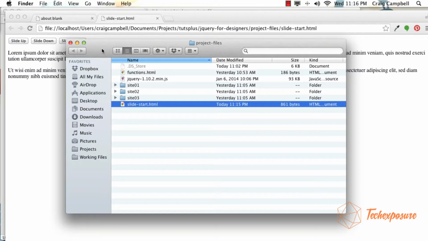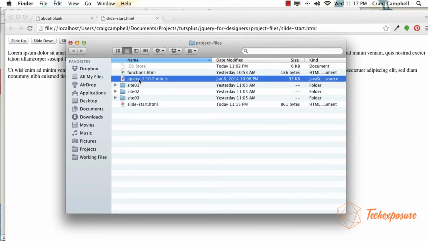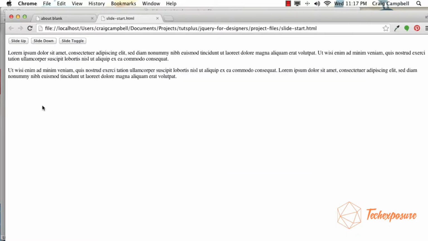and disappear. Before we get into building this drop-down menu, I want to illustrate how these slideDown and slideUp functions work. We're going to illustrate this using this slidestart.html file, which you should be able to find in your project files folder that comes with this course. Now, the slidestart.html file is pointing to this particular jQuery file that we have saved in the same folder, in the project files folder. And we can take a look at it in a browser,